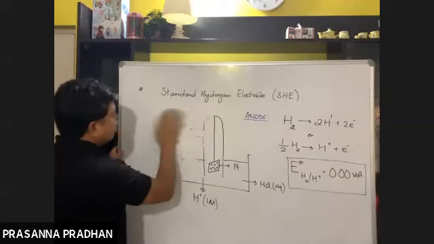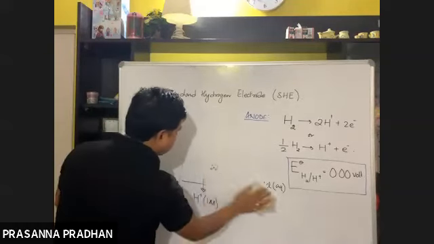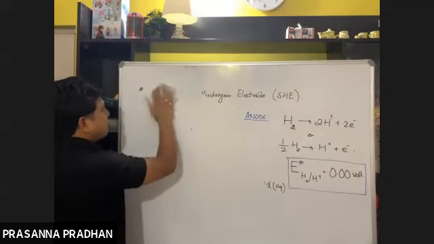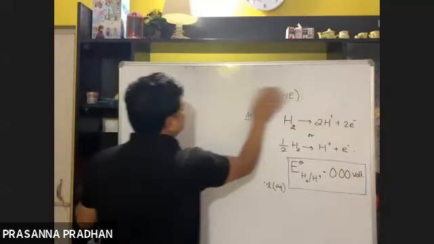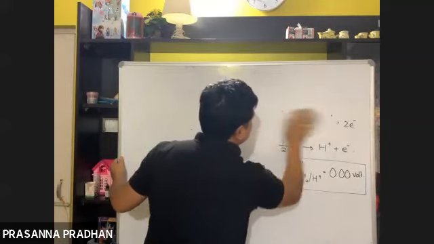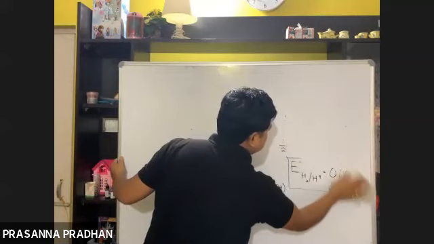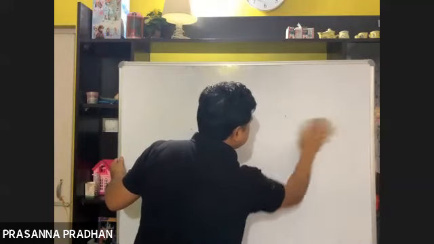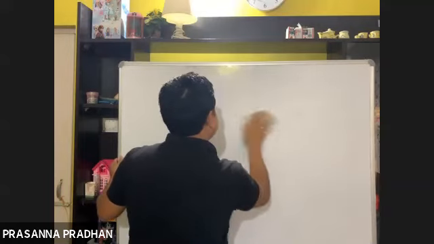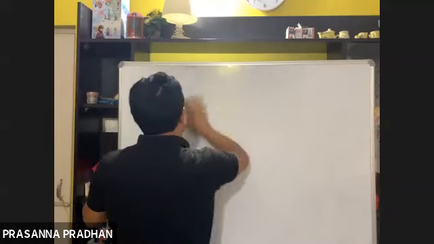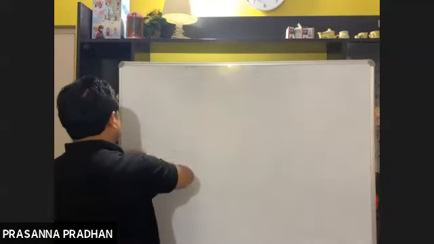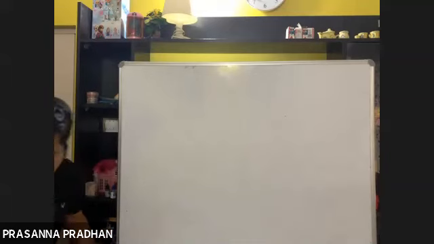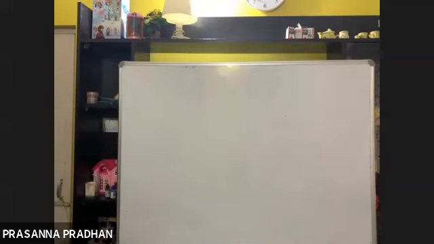Okay. Now, if the question comes, how will you measure the reduction potential value of zinc electrode? So, what will you do? You'll complete the cell by coupling the zinc electrode with respect to a standard hydrogen electrode. Okay, so there are some few questions which have come in the past year. So just let us discuss those. Okay, so just write down one question.